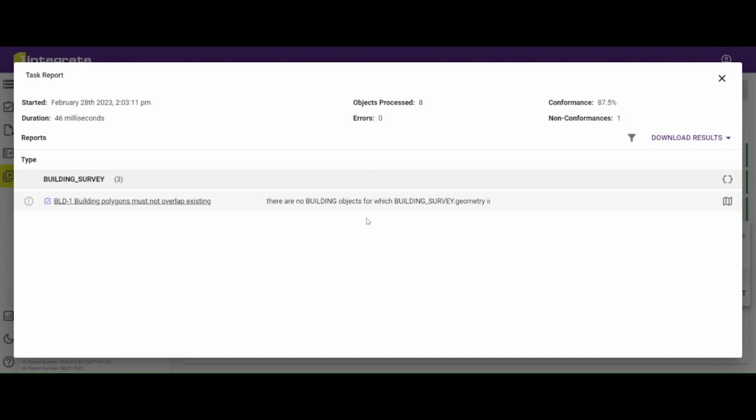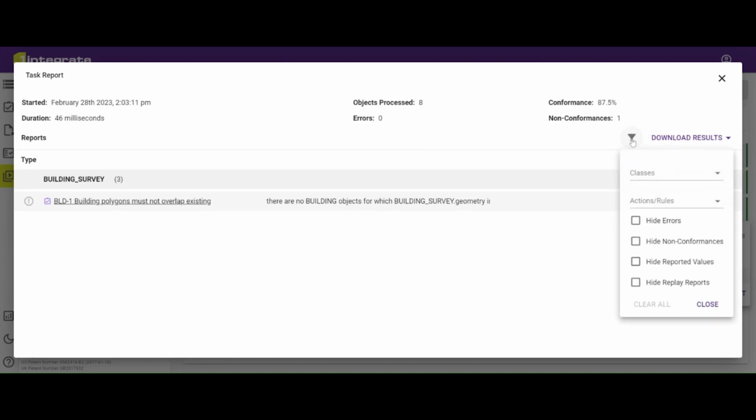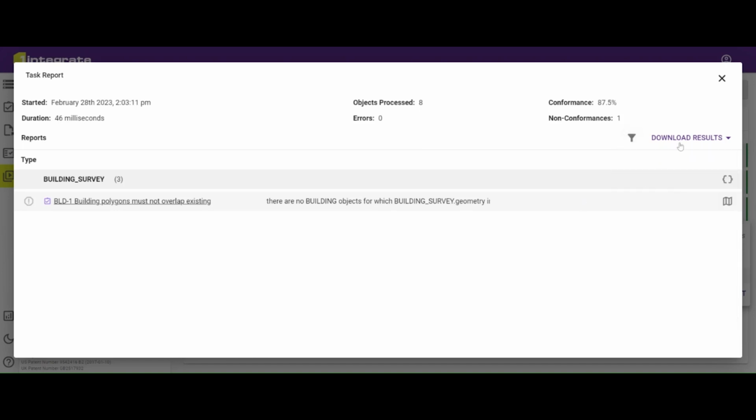We can then see the results of those in detail on the list here. We can also download the results in JSON format, and if we have a long list on our task report, then we can also filter that view using the filter and search button here.